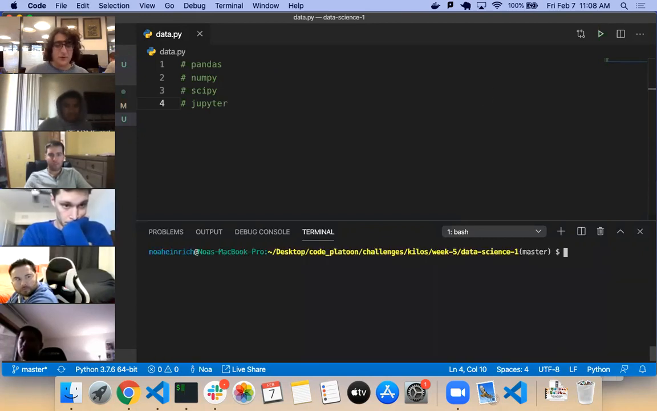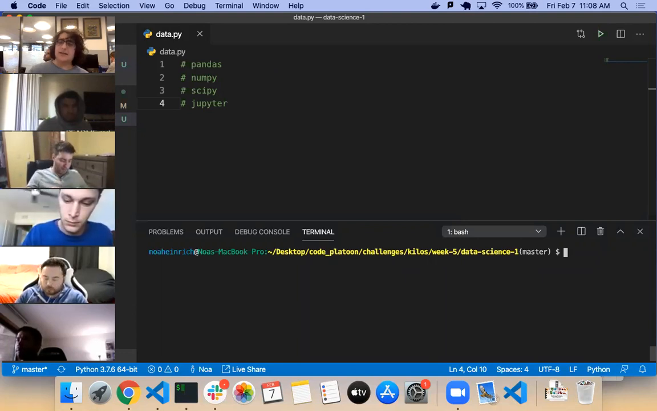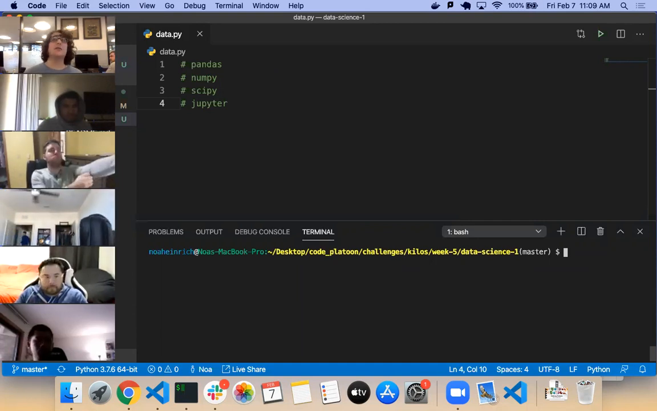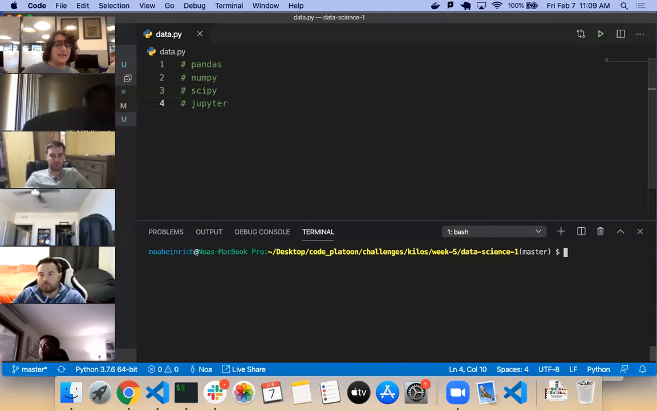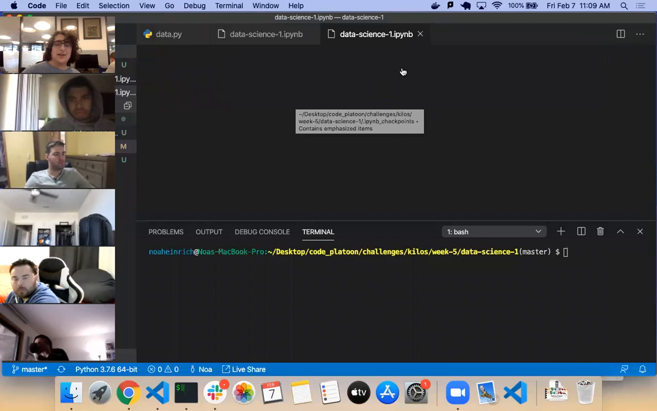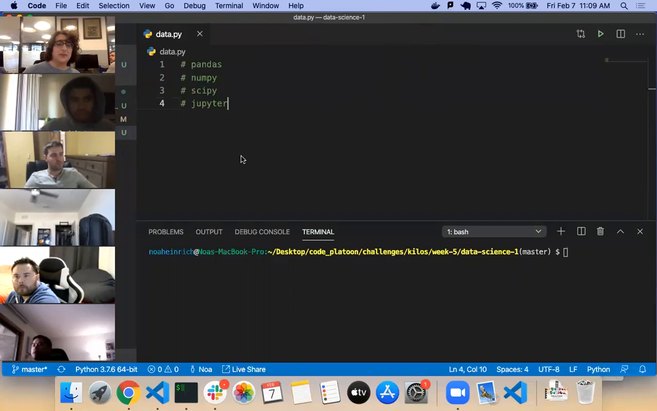So first off, Jupyter. Jupyter is a kind of interactive notebook that allows you to have plain text and code all in one place. It's very, very cool. I have this file here called data science 1.ipynb, which it doesn't really want me to look at for some reason. That's okay, it's not really human readable. That's what Jupyter is for. What I'm going to do is type in jupyter notebook dot,